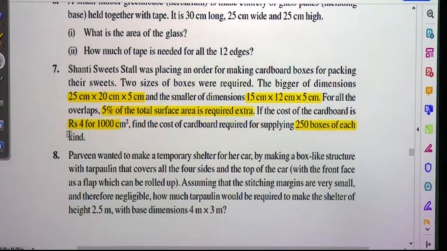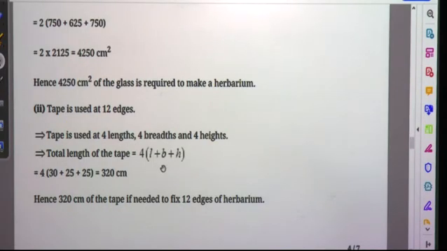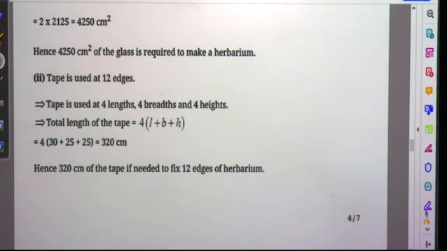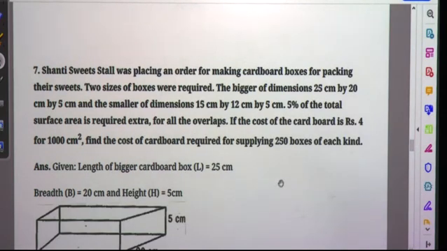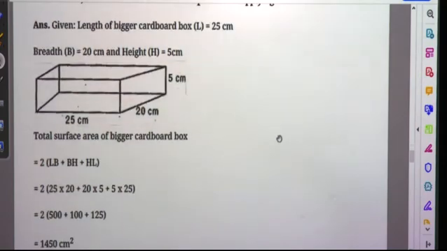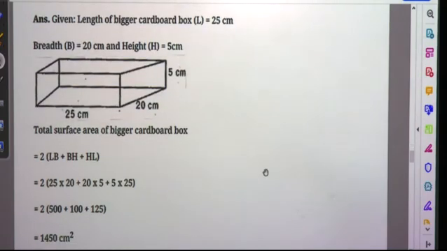Proceeding further, let us switch to the solution. Here you can see the figure of the box that is given here. So, length of the bigger cardboard box is equal to 25 centimeter, breadth is 20 centimeter and height is 5 centimeter. Total surface area of cardboard box is 2